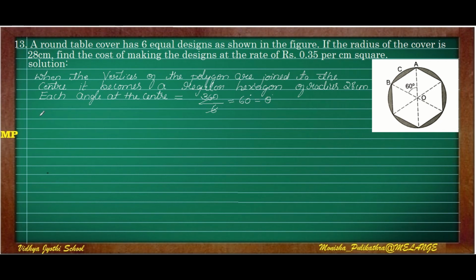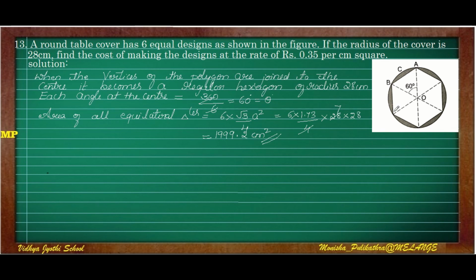So here all the triangles will become equilateral triangles, so the area of all 6 equilateral triangles is 6 into, we know that for an equilateral triangle we have to write this formula, that is 6 into root 3 by 4 into 28 into 28, where 1.73 is the value of root 3. So 4 sevens are 28. So this area of all 6 equilateral triangles, you will get 1999.2 centimeters square. This is the area of all the equilateral triangles.